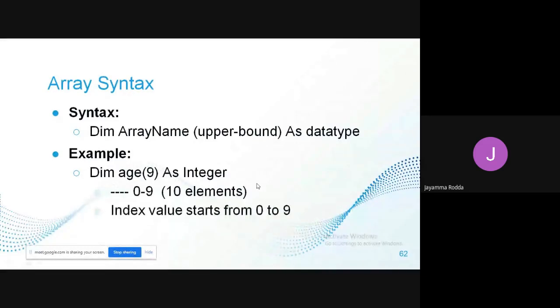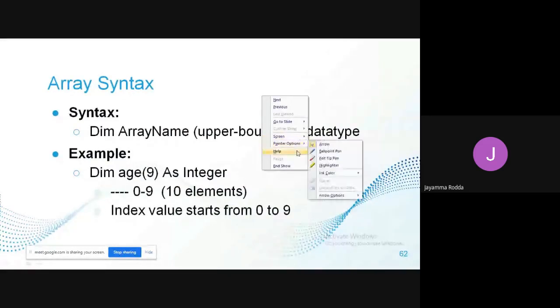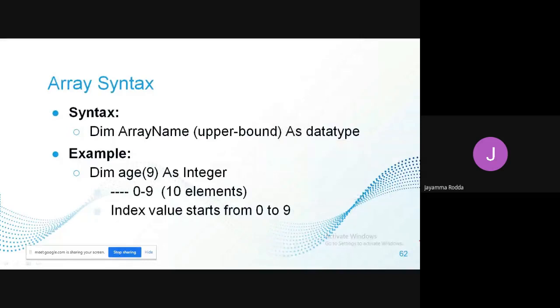Okay, so here Dim is the keyword that we are using to declare a variable called age, and 9 is the upper bound value that we are giving. I want to store totally 10 people's age details here, as Integer.